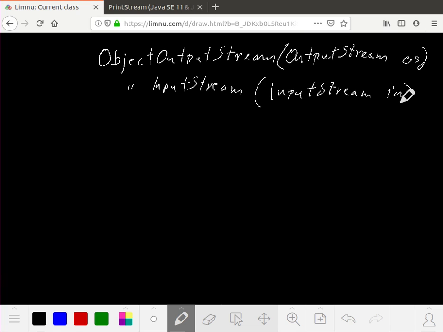Okay, what additional methods does it have? It has all the methods of DataOutput: writing all primitive types, writeChars, writeBytes, writeUTF. Okay, and there is an additional method for our ObjectOutputStream. We have an additional method, returns void, name of the method is writeObject,